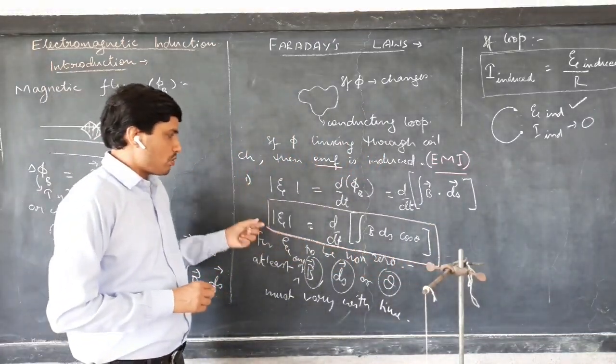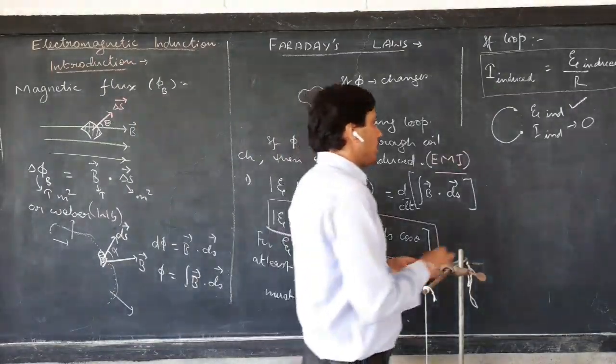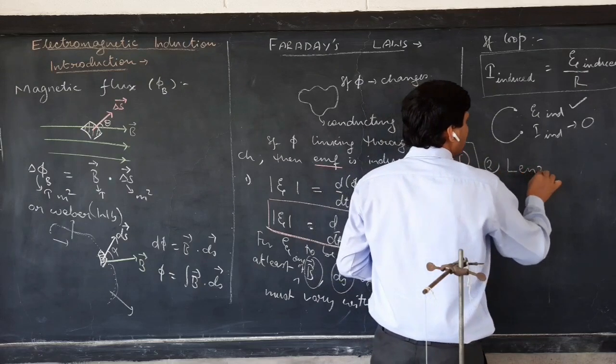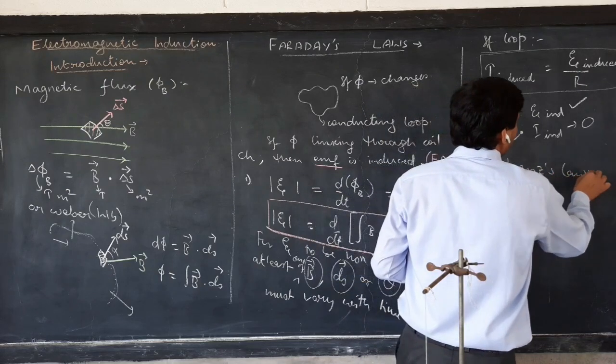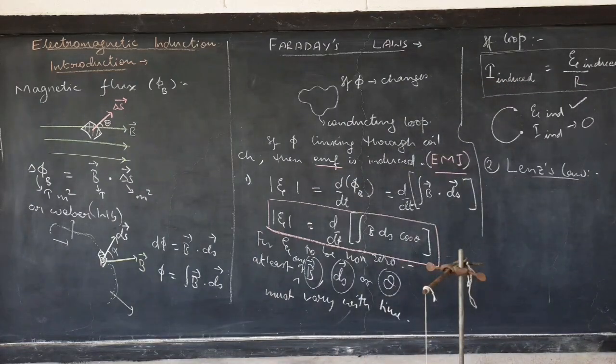And that is Faraday's first law. This tells about the magnitude of induced EMF. The second law of Faraday, which we often call Lenz's law, helps us in determining the direction of induced current in the coil. And it's also a very important law. Statements you can find in the textbooks.